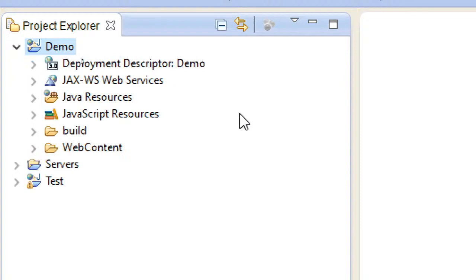And here you can see it automatically creates all the directories that are required for creating a web project. And here you can see the deployment descriptor version 3.0, because that's the version I have chosen. I hope you remember at the time of creating the dynamic web project, the version I used is 3.0. So that's what you can see here.